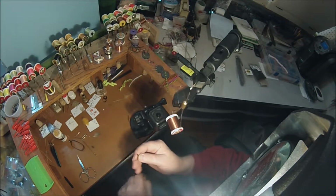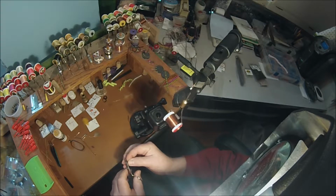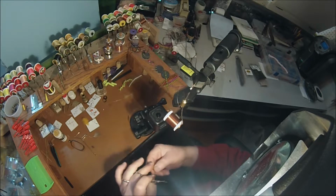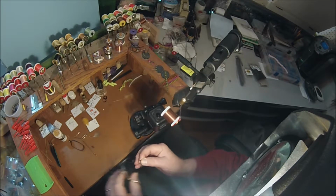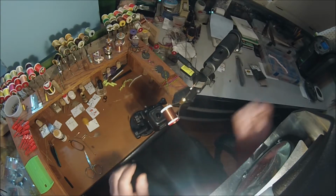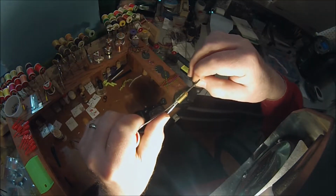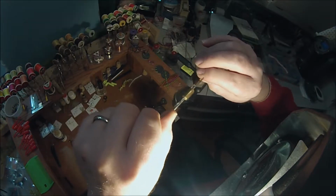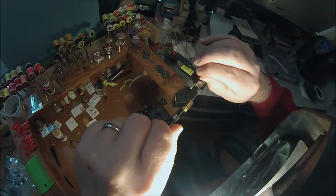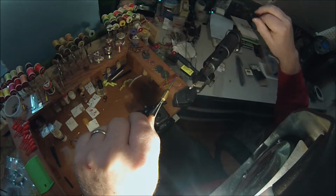Now we're going to tie in our thin piece of thin skin. This will be the top part of the Sulfur Nymph. They are yellowish orange underneath. They are a brownish rusty color on top. So I trimmed it to a point. I'm tying it in once again, keeping the thread right to the base of the tail, and I'm pulling that